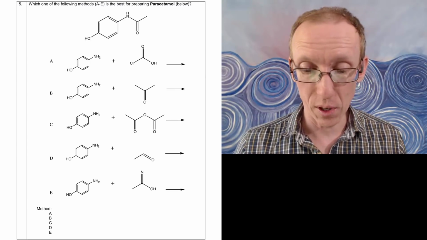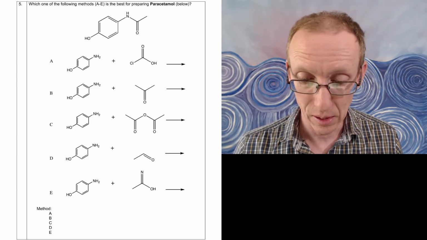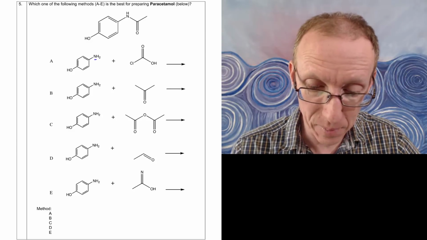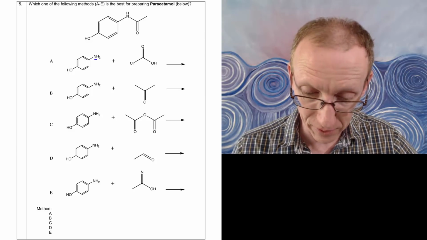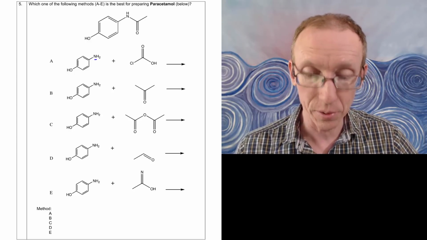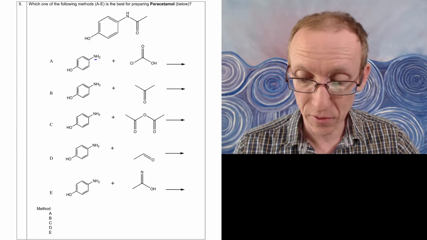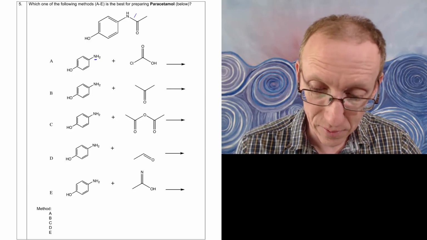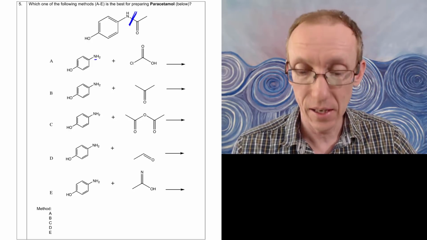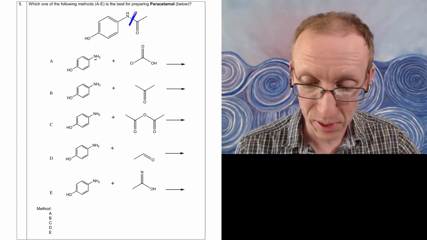Question 5. Which one of the following methods is best for preparing paracetamol? So let's have a look. We've got an amine in this molecule here. In fact, the left-hand side of all 5 of these answers is the same amino compound. It's para-aminophenol, and it's going to react with something. Really we should be able to spot that if we're going to take an amine and prepare this amide, we must be making this bond here that I've shown in